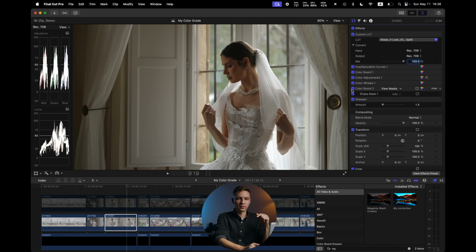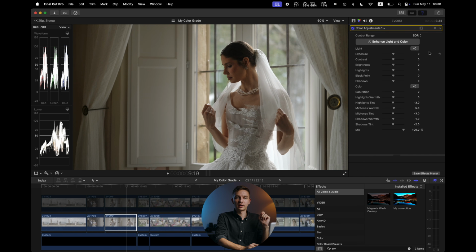So here I have the mask, which is adding this vignette, as you can tell. So here you can see the mask itself. So here we have nothing applied, here we have a slight vignette, and the most amount of vignette right here. Also, I have a color adjustment tool, which is super cool, by the way, and it's a new tool in